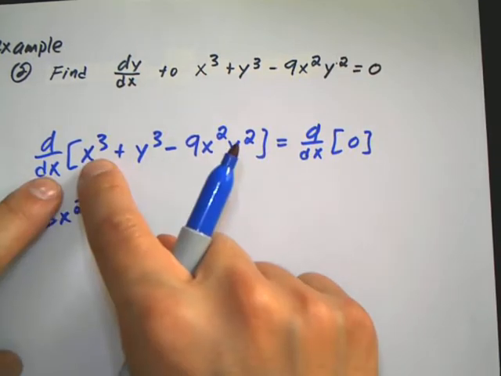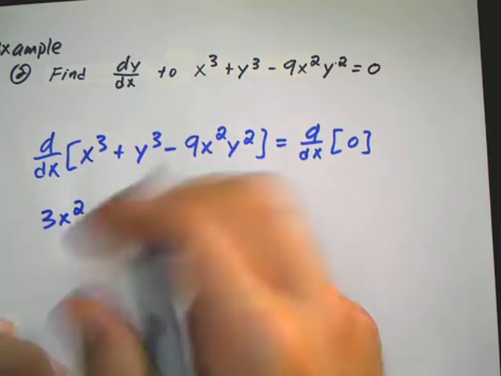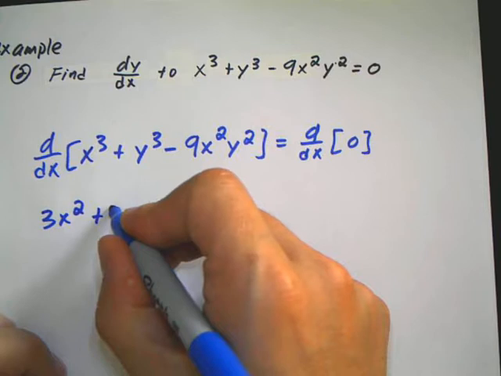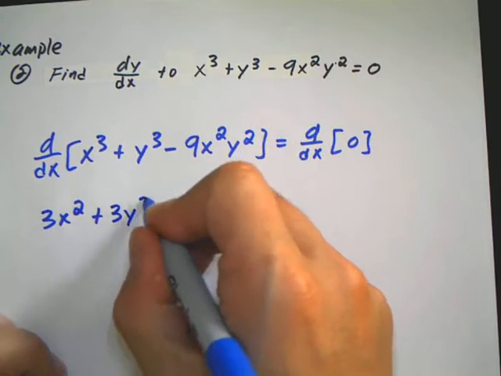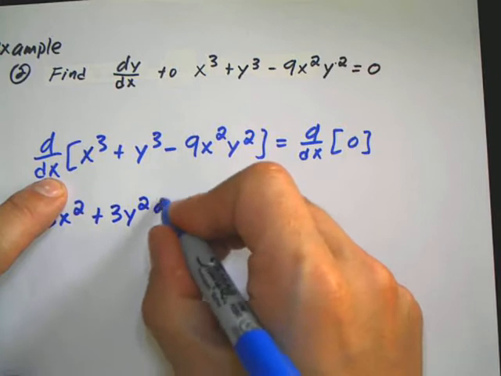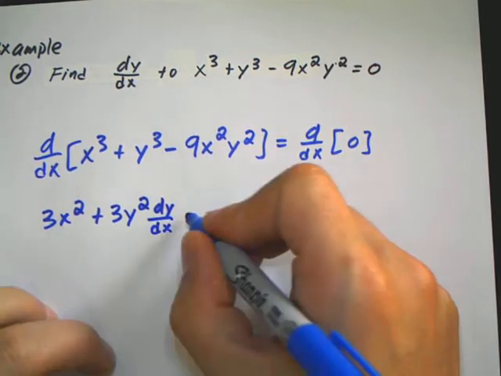There's no mismatch as far as the variables, so I don't have to worry about multiplying it by anything. Now the derivative of y to the third, with the power rule, is 3y squared. There is a variable mismatch, so I have to multiply it by dy dx, and then